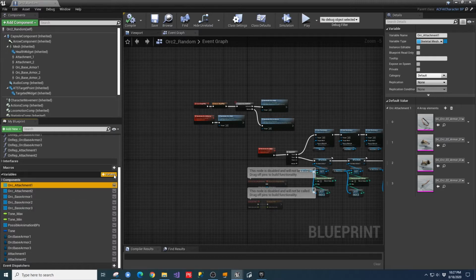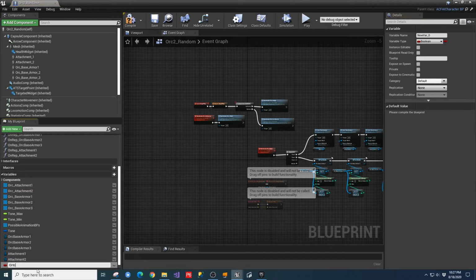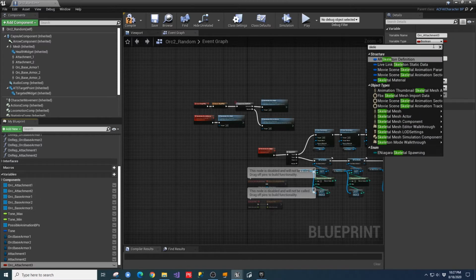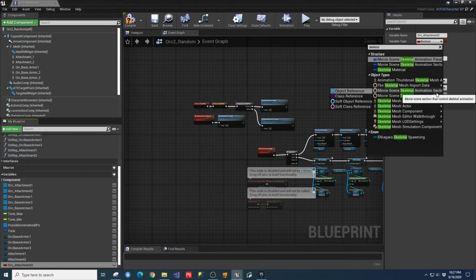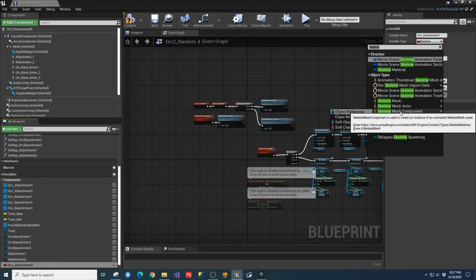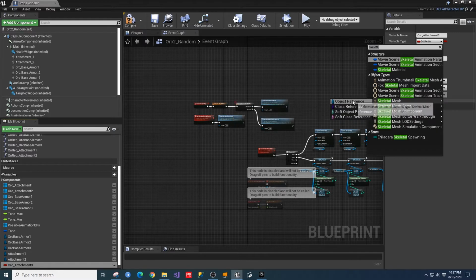So if I wanted to do a third, I would go in here, Orc3 or Orc underscore attachment, and call it 3. Yeah, I think 3 is open. Now that I have my variable created, I go over here and I change my variable type. The type of this is basically these are all skeletal mesh objects. So I would pull this up and type in skeletal and let it find skeletal mesh object or component or skeletal mesh here, and then pull up an object reference